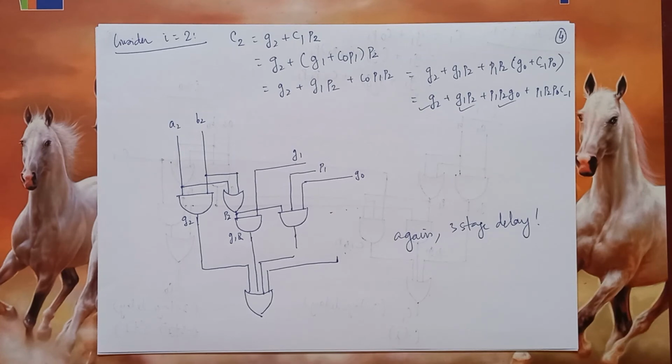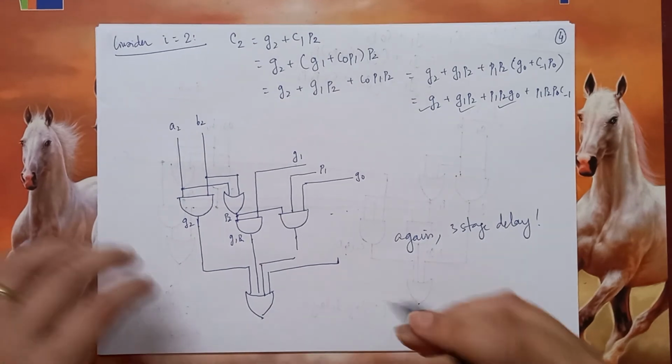In case of a normal ripple carry adder, where the carry is propagating in terms of a chain, the delay in each stage is increasing linearly: TD, 2TD, 3TD, and so on. But in this particular configuration,